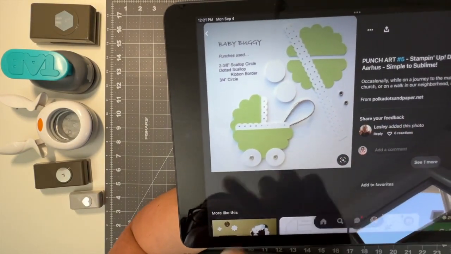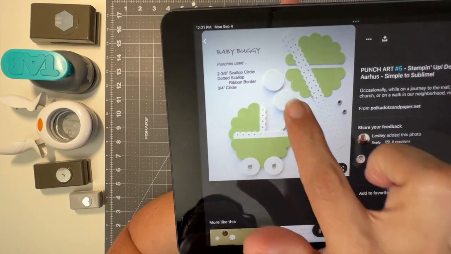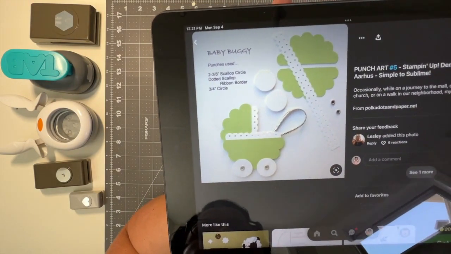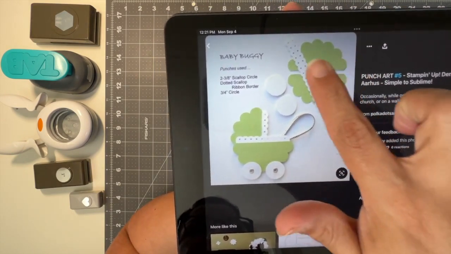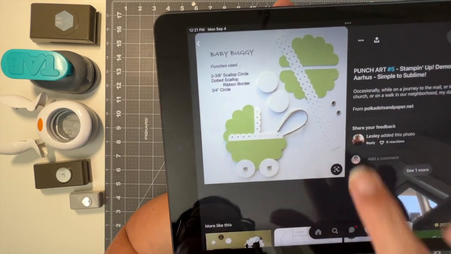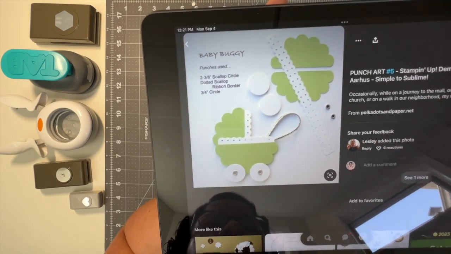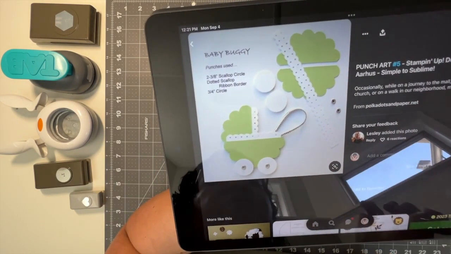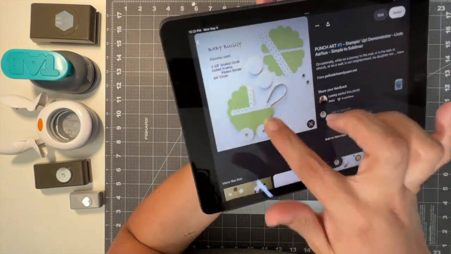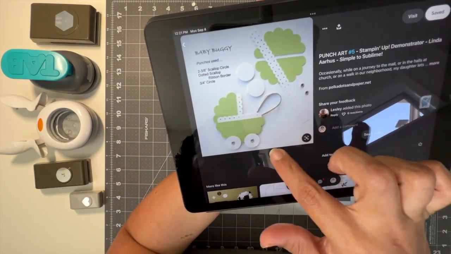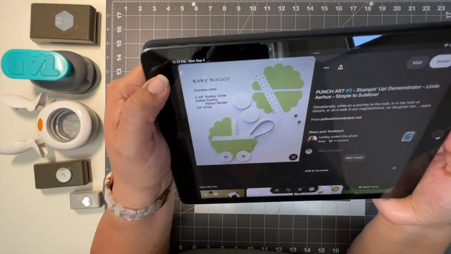Scallop circle, ribbon border. They just punch that out, and the two 3/4 inch circles. They adhered those. So here are the parts cut out. They use some eyelets, old school, and they just put it together. So adorable. I don't know what they use for this. Almost looks like a zipper, right? I don't know. You'd have to maybe play with some twine or something, but you could make the handle, I